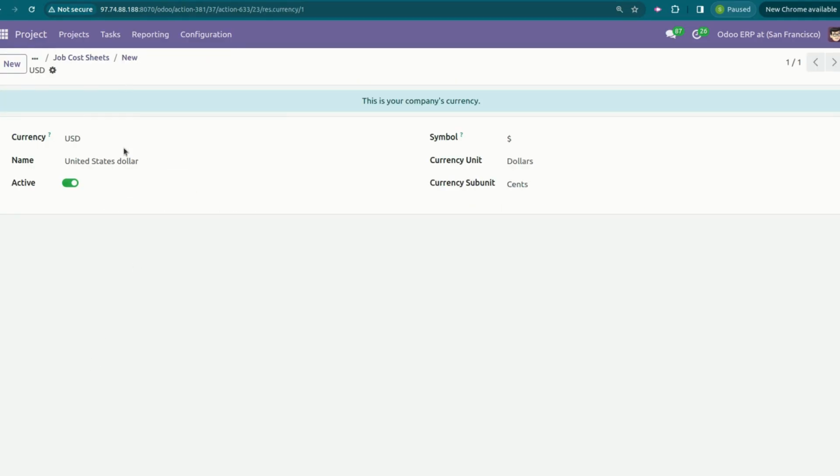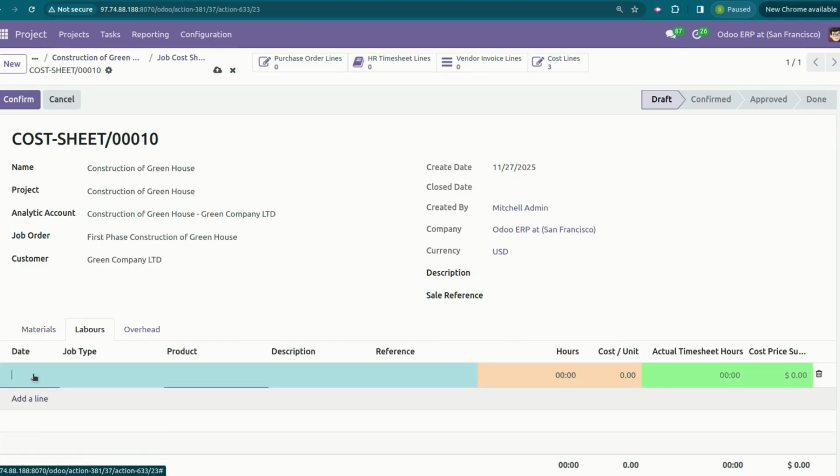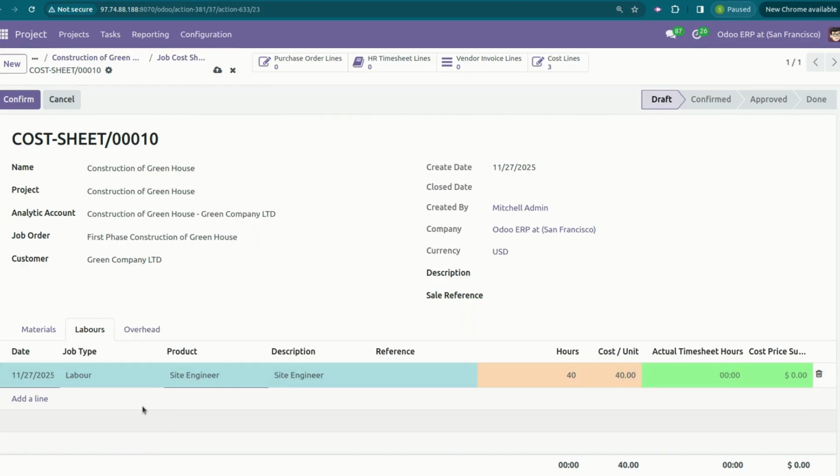After entering the material, we will enter the labor. Labor is the direct labor wages paid to workers directly involved in this project. So we will enter all the labor. Here we have the site manager and the site engineer, who will be added if they work for 40 hours for this project.